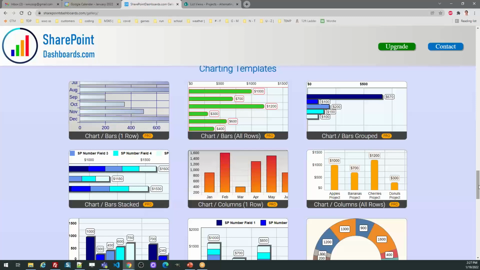So it's cost prohibitive, and also there's a steep learning curve. It's a very developer-oriented platform. You really need kind of an expert in that to be able to do that. In contrast, these charting templates are very much the opposite. It's quite inexpensive. They're easy to work with, and very accessible. So this would be something that hopefully you would find appealing. So we'll go through some examples of that. So we're going to start with